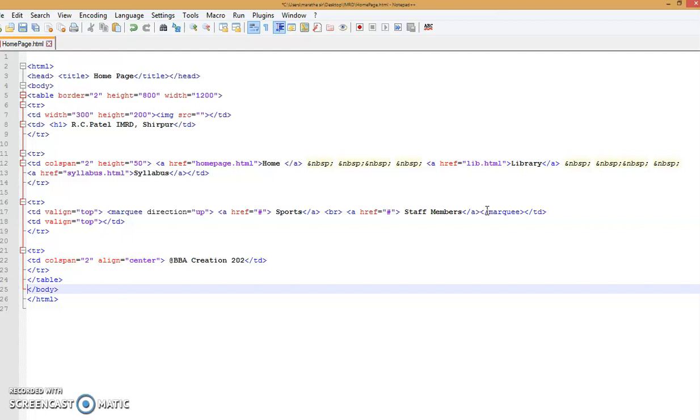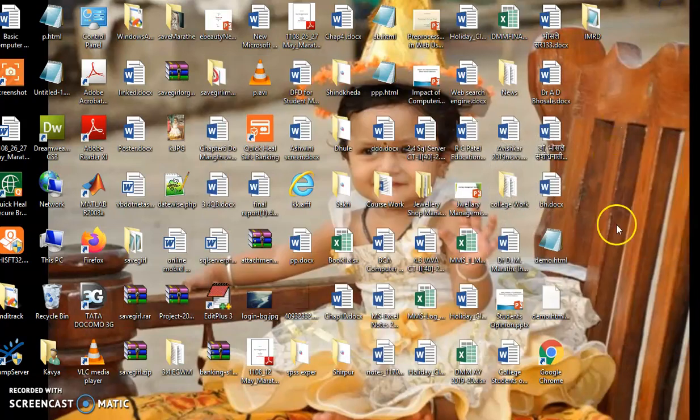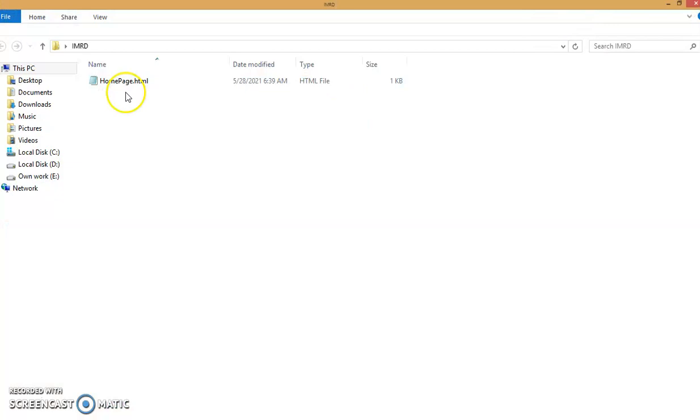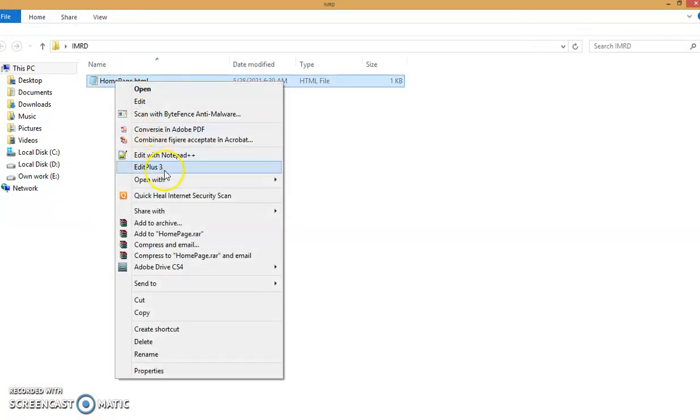Means we created the structure of that particular home page. I save that page with the homepage.html extension and run this code. Just like imrd is a main folder. In this folder homepage.html is the file name, and that file we run on the browser.